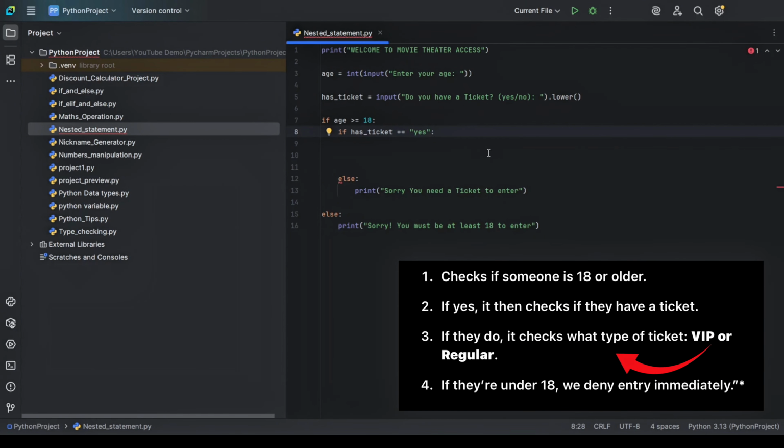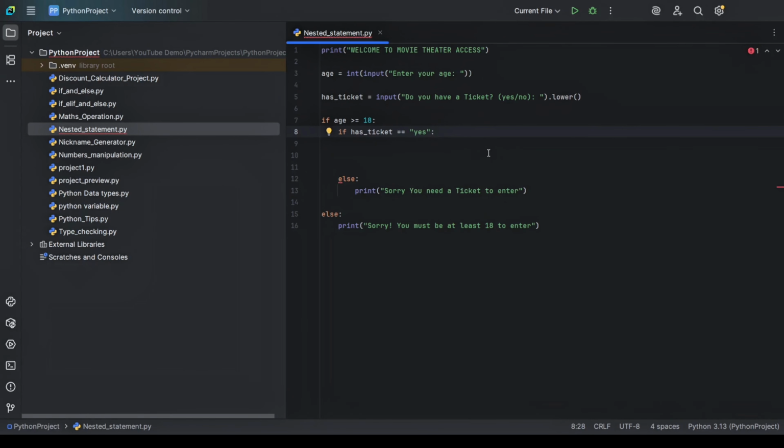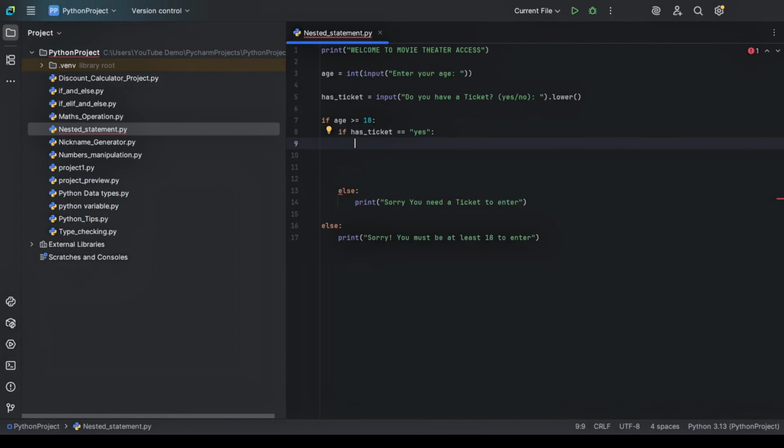Looking at our third condition, we have to check what type of ticket they have, if they have a VIP or a regular ticket. So in these lines of code, we have to nest this condition under this if has ticket, because it is if they have a ticket that we can check what type of ticket they have. So if has ticket is equal to yes, we can indent under that condition by using the input function to ask the user what type of ticket